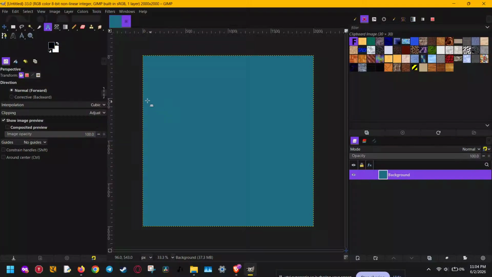In today's video, I'm going to show you how to create a perfect circle in GIMP step by step, even if you're completely new to the software. Whether you want a filled circle, a clean outline, or a simple shape for a design, this method is quick,